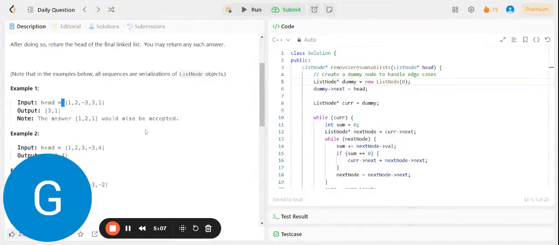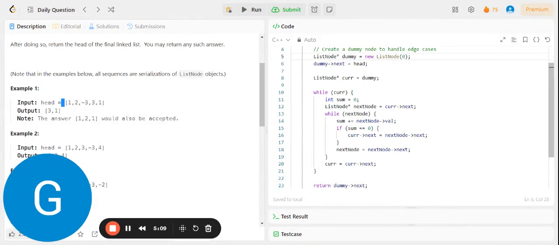For 0 it is pointing towards 0 and the sum is 0. List node, next node will become 1. Here our next node is 1 and the dummy node is here 0. We will traverse by using the next node until it will become null. Here the next node is 1,